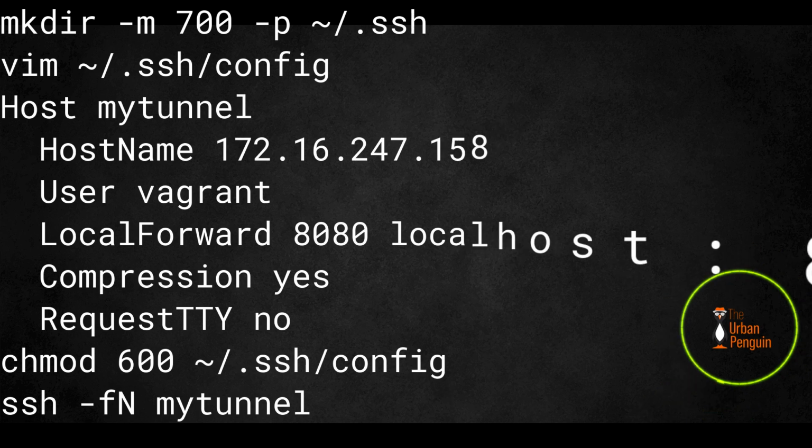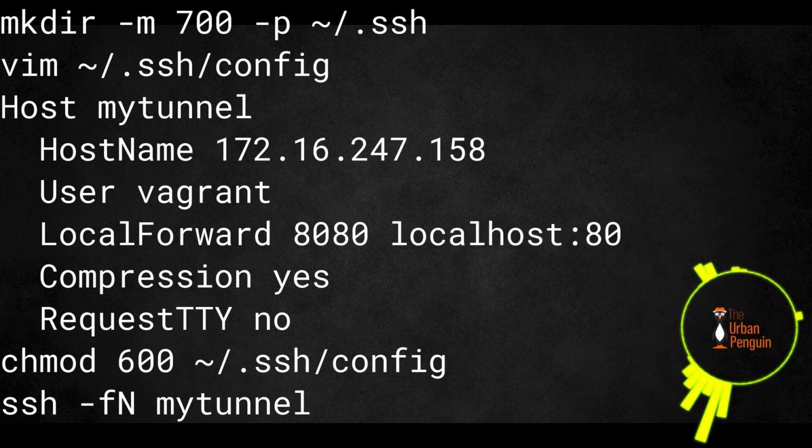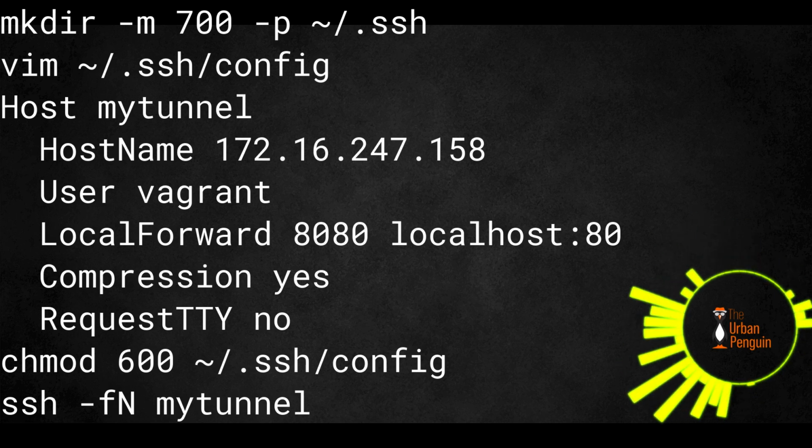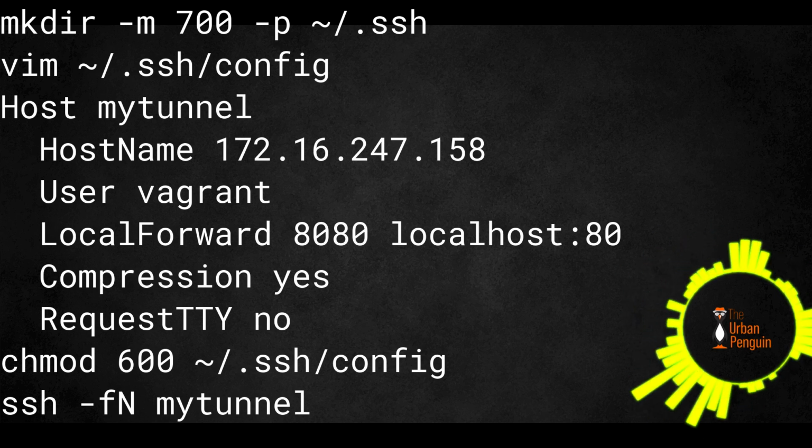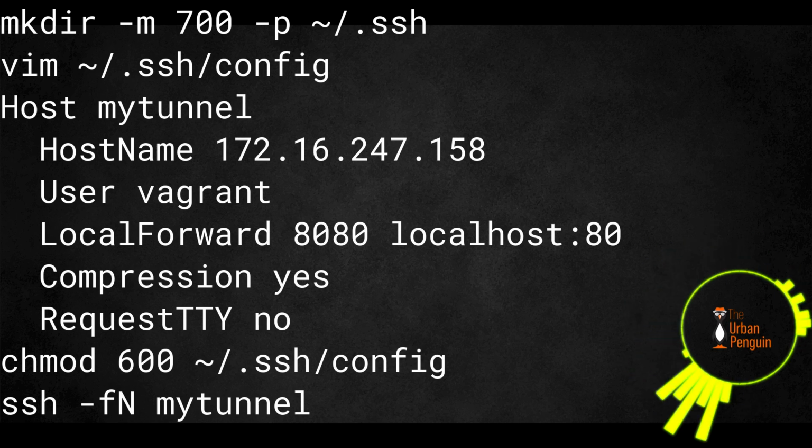For something a little bit permanent, we can make sure that we create an SSH config for this. You have to ensure that you have a .ssh directory in your home directory, and it needs to be set with private permissions. Using mkdir -p, it doesn't matter whether the directory is there or not, it won't error if the directory is already there.